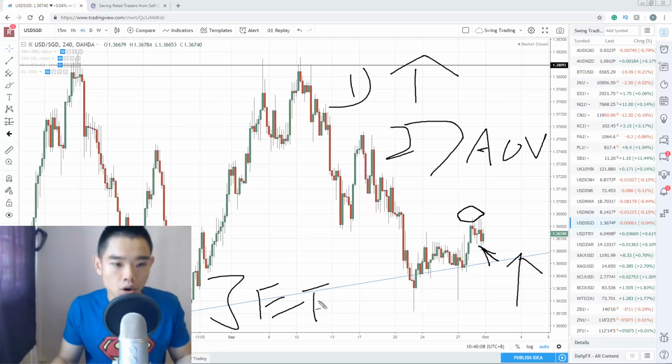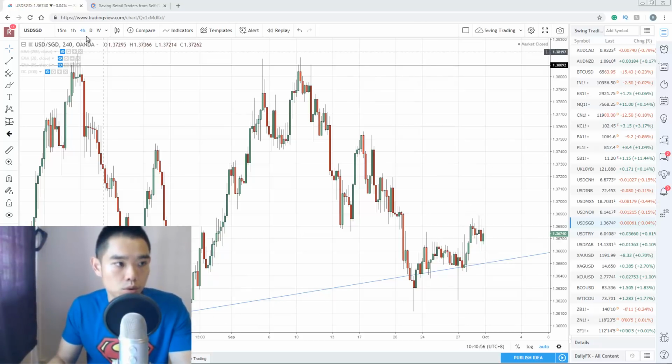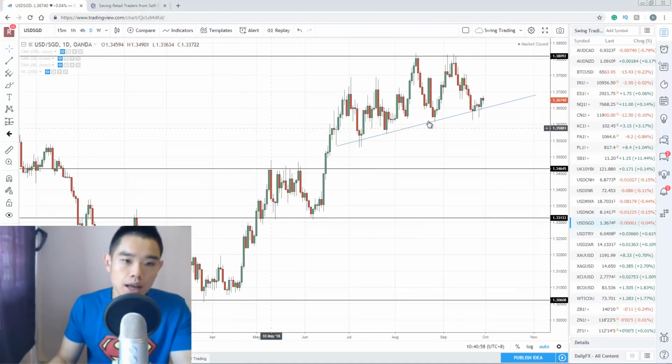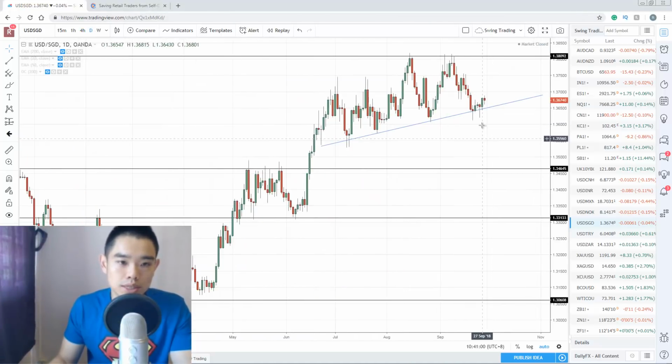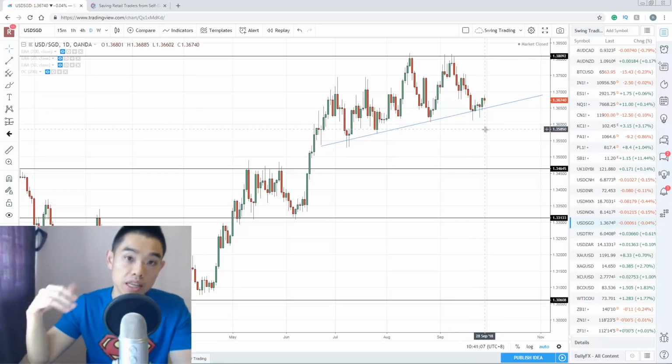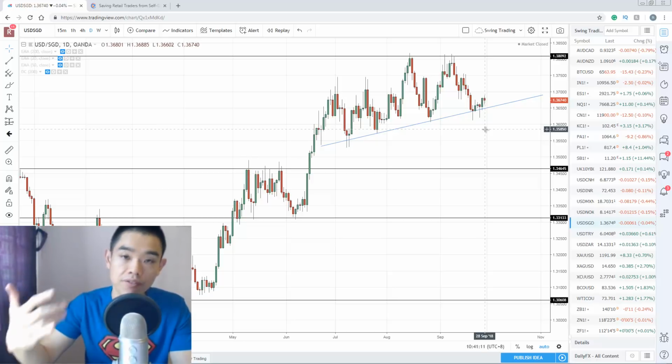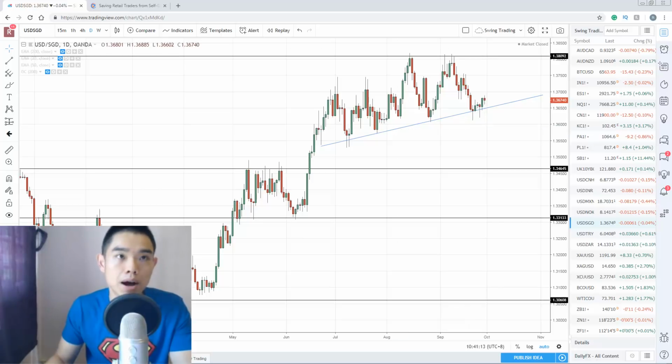Okay, so this is the core idea behind this setup on the dollar Sing, and how I would manage the trade would go something like this. I would look at the daily time frame, and I would expect the price to reverse back quickly towards the upside. So what I want to do after that is, if the market gets me long, if I have a valid entry trigger and I'm in the trade, and if the market breaks out higher, right, let's say it breaks out higher,